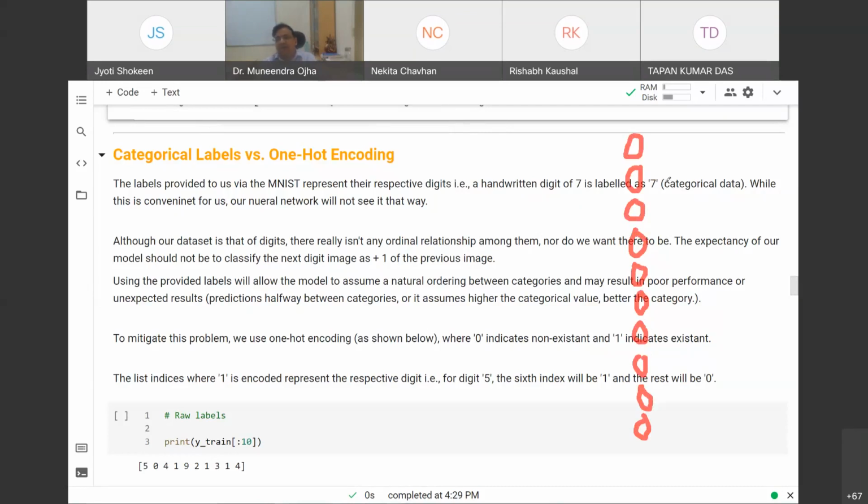Suppose the image belongs to digit 7, then this neuron, 0, 1, 2, 3, 4, 5, 6, 7, should give me 1, and the remaining should give me 0. This is what I want my neural network to output.